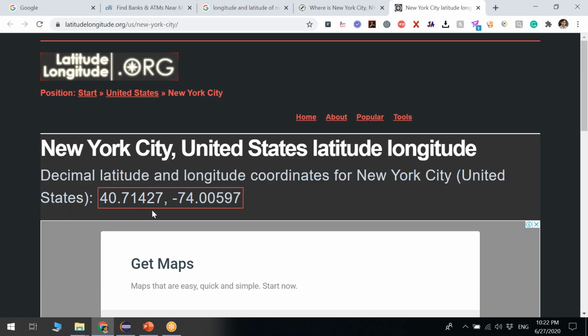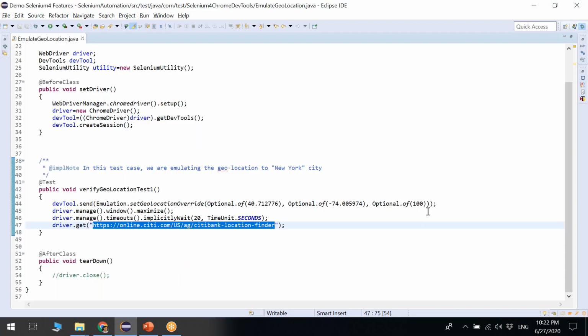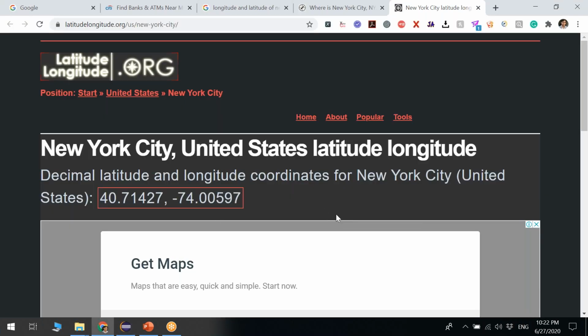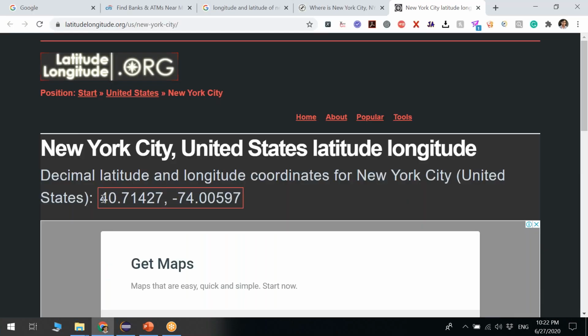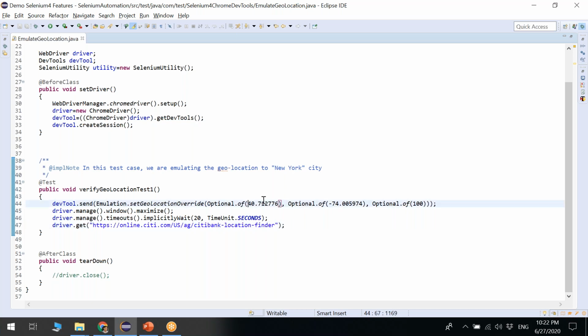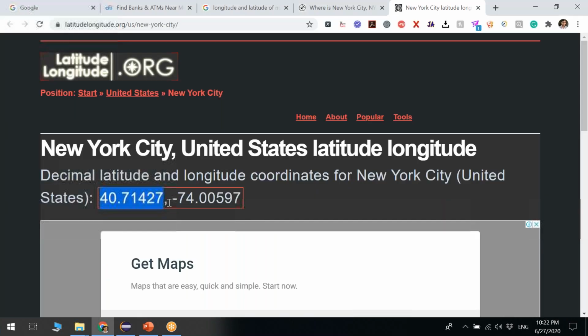I can see it's a minor difference, and I don't know whether it changes daily, but it's very similar. So this is where you can get the values. I'll take this value, no problem, and replace these values here with the other values.